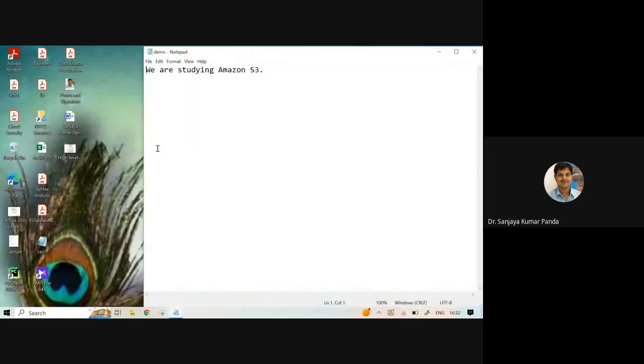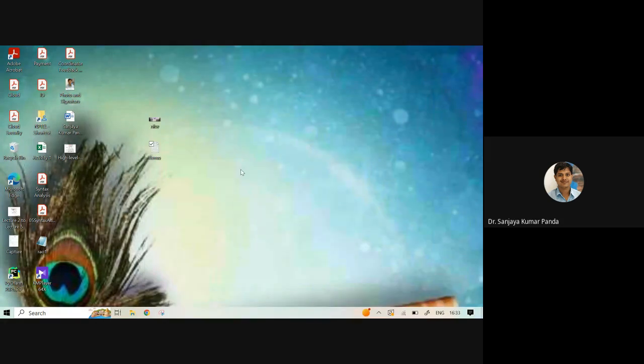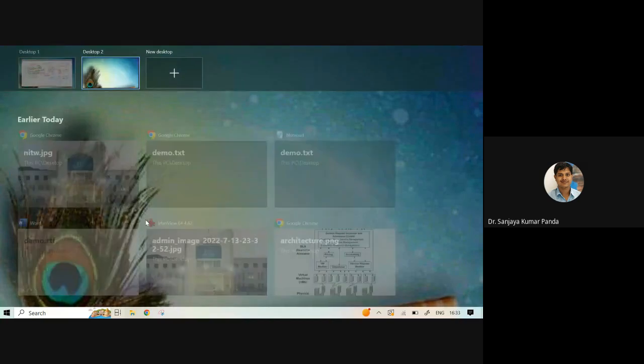So earlier I had written we are studying Amazon S3. Next I am writing next class we are going to study Amazon EC2. Okay, I have changed something, but the file name is still demo.txt.